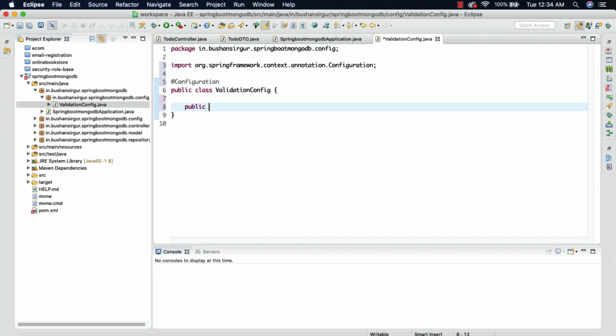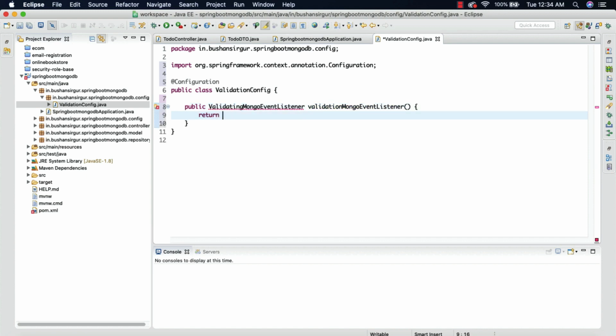So public ValidatingMongoEventListener, this is an event listener, and I'm going to call this validatingMongoEventListener, and we're going to return new ValidatingMongoEventListener.